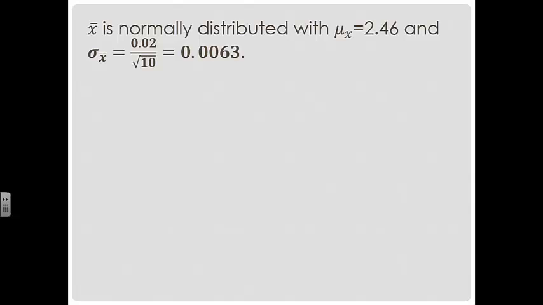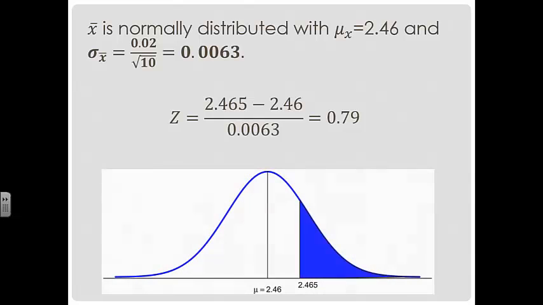So we get 0.0063. So then we're going to find our z-score, because we have our x value, which was 2.465, that was given to us in the problem. Remember that we're wanting to find a sample mean of at least 2.465, and then we subtract our mean and divide by the standard deviation, and that gives us the z-score. So we get 0.79,